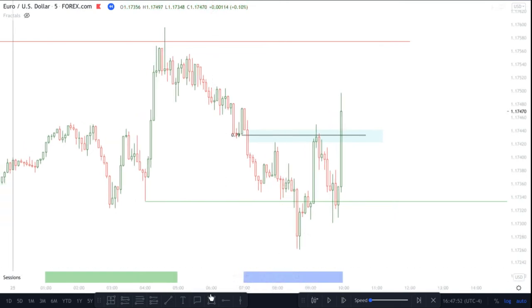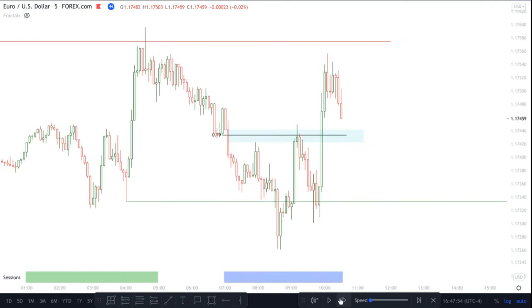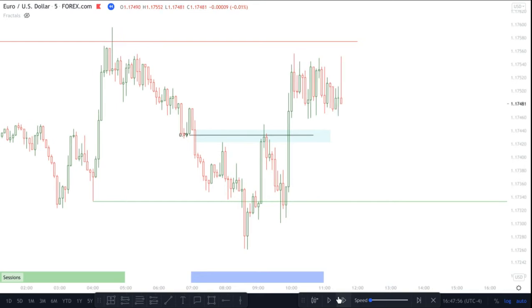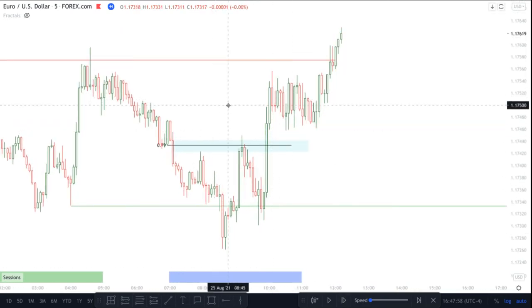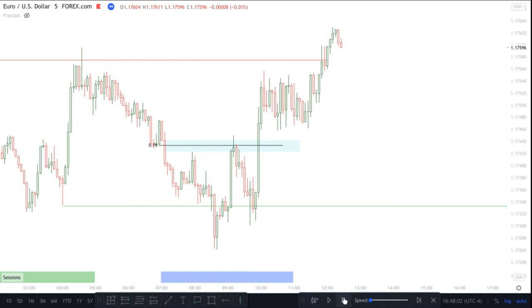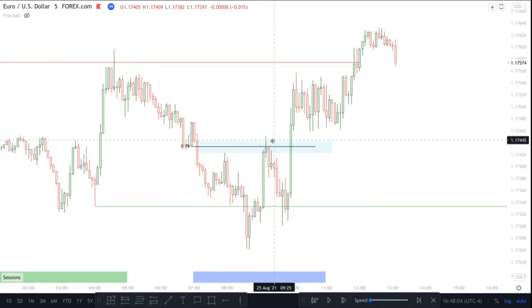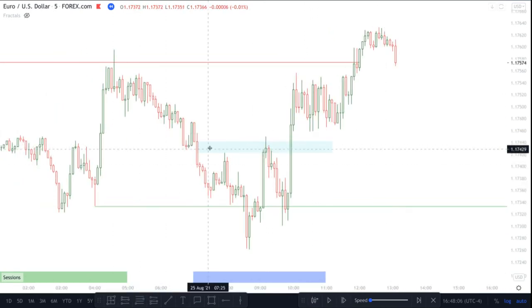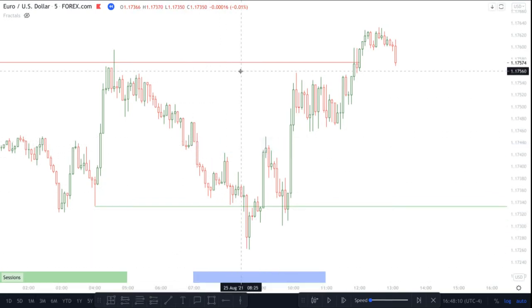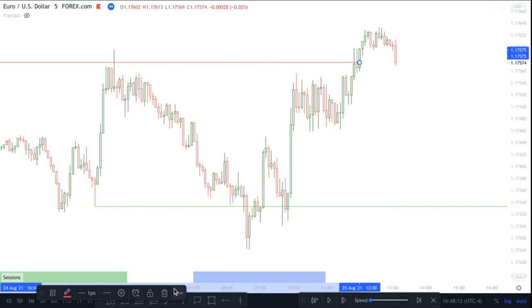And then price shot up and reversed. I had a 10 pip stop, so my stop got taken out around here. And as you can see, price continued to rally to the upside. So I saw the opposing view, when in reality, when you look at it in the proper way, which I'll show you now,